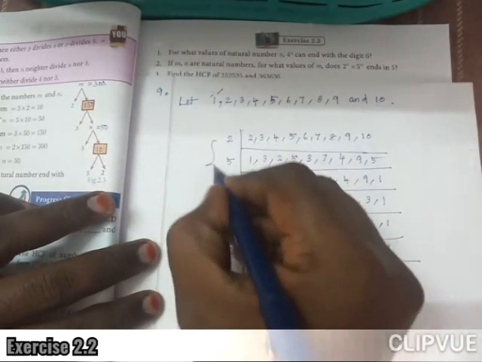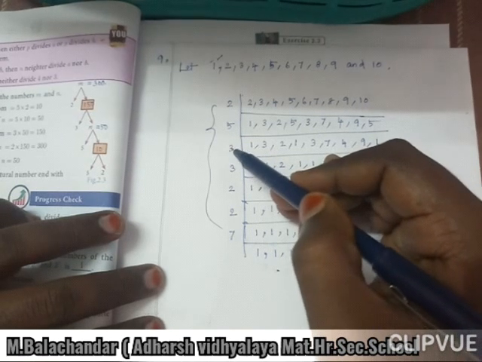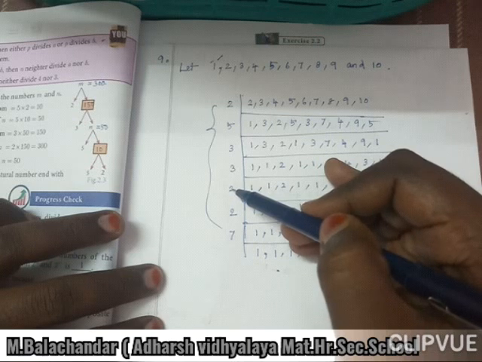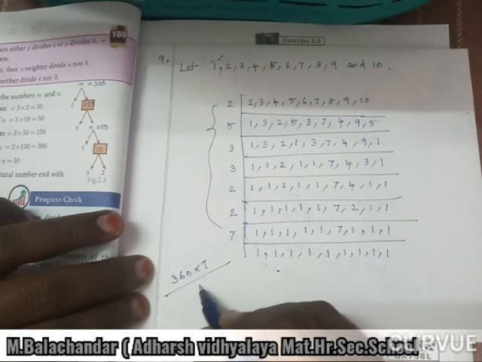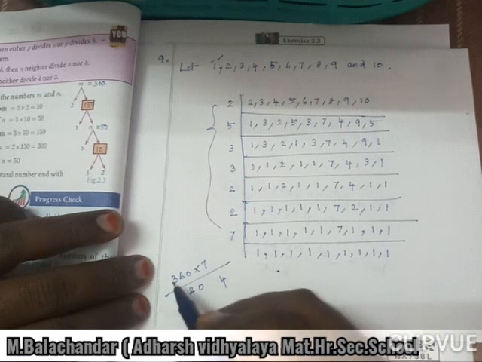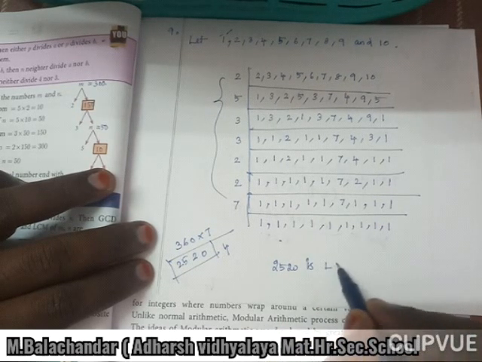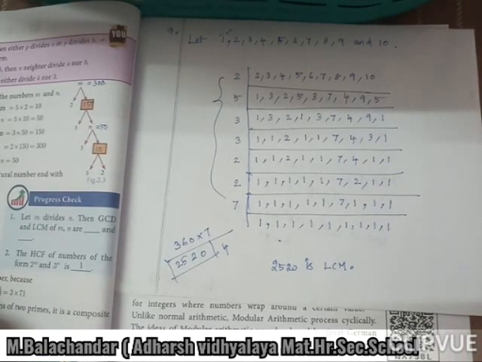If you multiply these numbers, you can get the LCM. So 2 into 5 is 10. 10 into 3, 30. 30 into 3, 90. 90 into 2, 180. 180 into 2, 360. 360 into 7: 0; 7 6s are 42, remaining 4; 7 3s are 21, 21 plus 4 is 25. It's 2520. 2520 is the LCM or least value. This is one method.